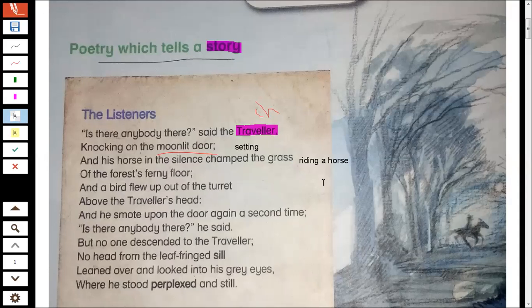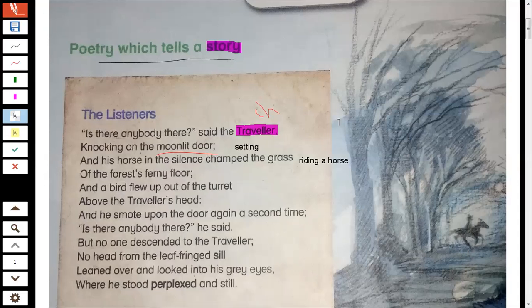Usually, if there is a door that is lit by moon, it means that there is no electricity in that area, and there is a man who's riding a horse, that shows you another thing. It shows you that, sure, we are not in the present. We're not living in 2000 and so on. So we are in a time where horses were used as a means of transport. So we might be in the time frame of the 1800s, 1900s, something like that. Right? Great.